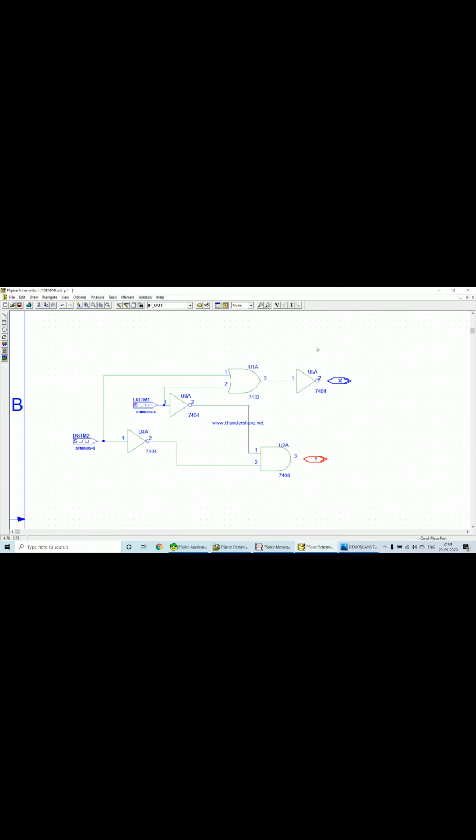Now the final component which we need to place here is the voltage marker. Can you see this voltage level marker? Wherever I place the voltage marker, those waveforms will be seen on the simulation screen after simulation. We need to place the voltage markers in such a way that the input waveforms are seen in the beginning and the output waveforms at the end. So you need to place the voltage markers so that the order of the input and output will be proper.